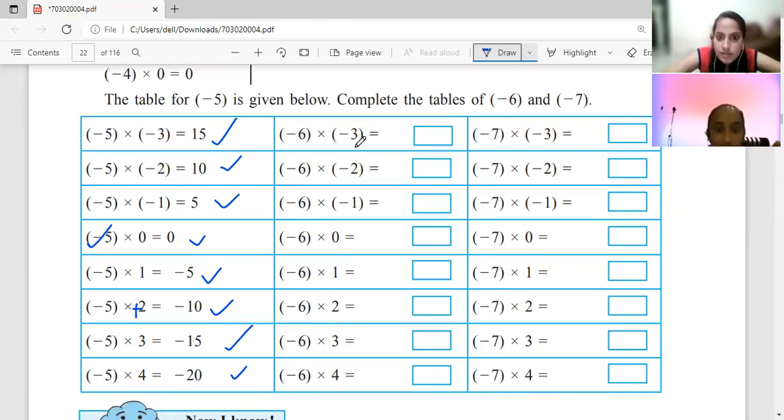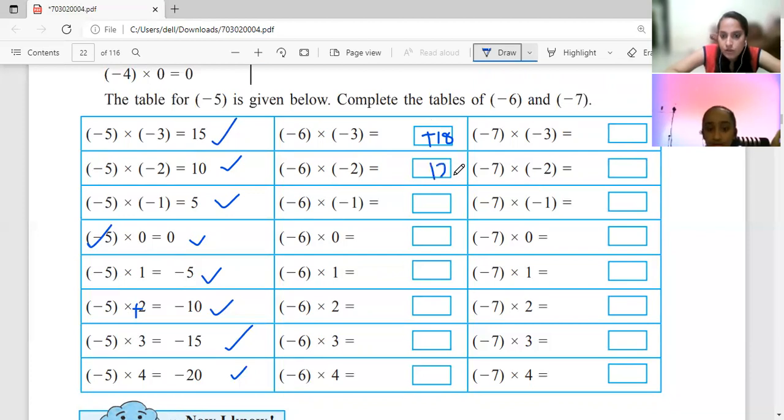चलो अब हमने जो सॉल्व करने दिया है वो हम करते हैं. Now 6 3s are 6 into 3 is 18. Okay. So 18 is going to be a part of the answer. Talking about the sign, minus into minus is positive sign, but if we don't write positive sign, it is okay. And if I wish to write, I can even write it. Coming to the next one, 6 into 2 is 12, positive 12.